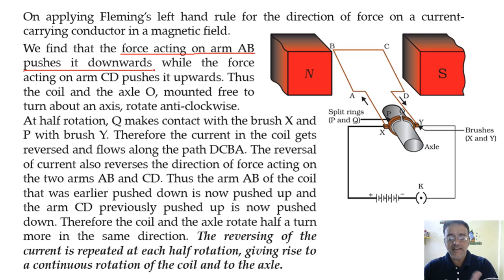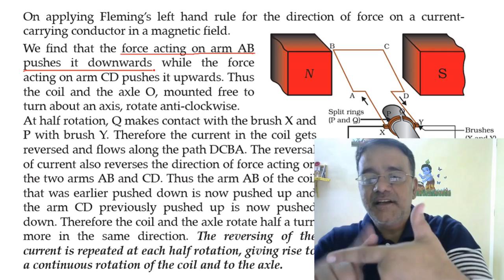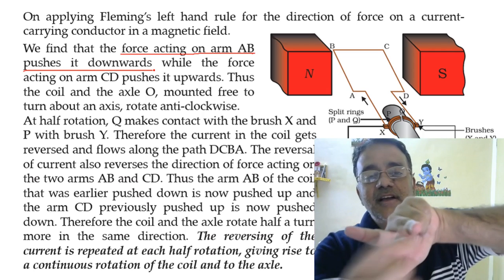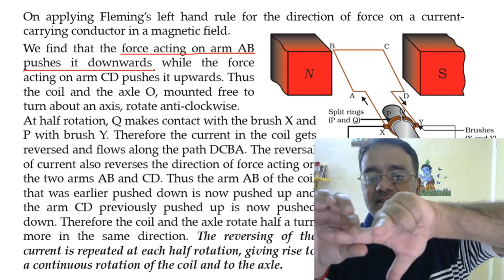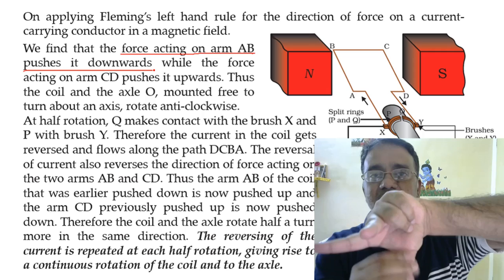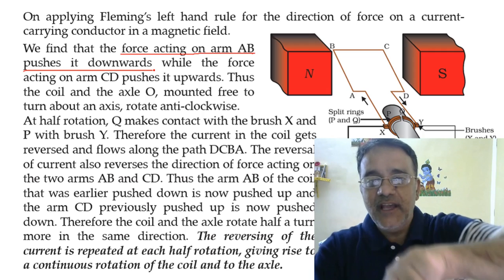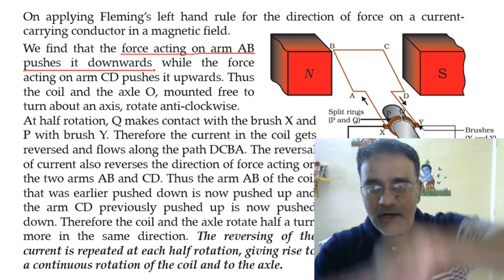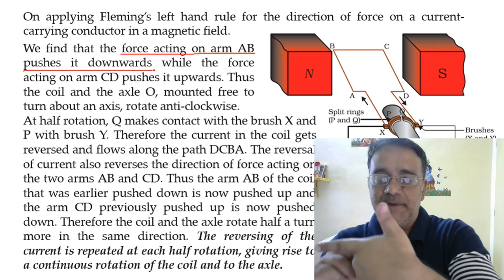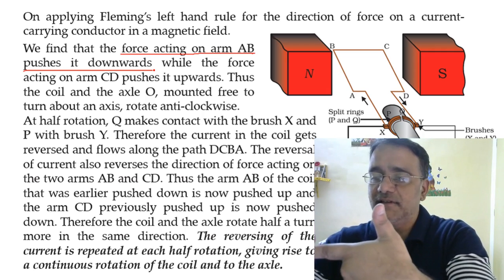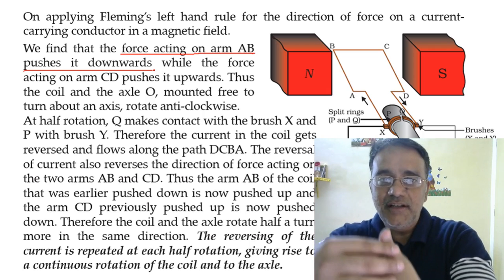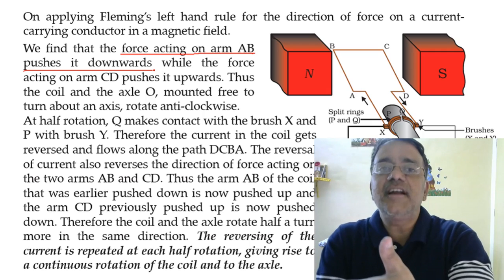See, the direction of current, ये direction of magnetic field है और ये direction of current है. So direction of current को मैं AB के इस तरफ रख रहा हूँ, and this is the direction of magnetic field. So my thumb will give the direction of the force. सो AB को कहाँ पुश करेगा, डाउनवर्ड में, राइट. उसके बाद CD का जो डायरेक्शन है C से D मेरी तरफ है, एंड दिस इज द डायरेक्शन ऑफ मैग्नेटिक फील्ड, एंड द डायरेक्शन ऑफ माई थंब इज अपवर्ड. तो CD जो है, द आर्म CD पुशेस इट अपवर्ड्स.